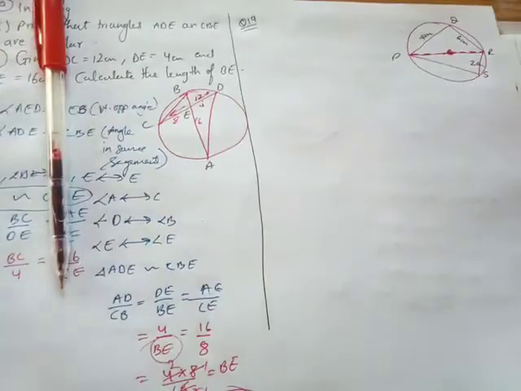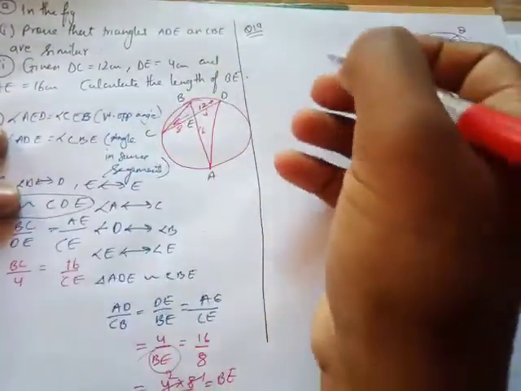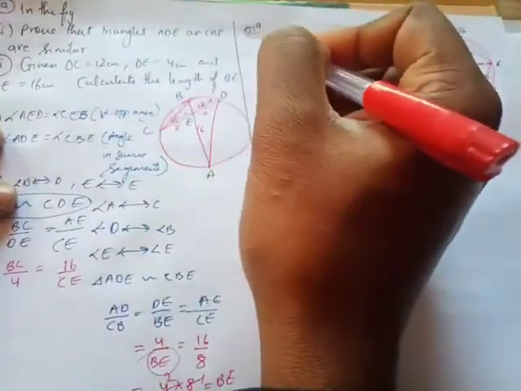Okay, let's have a look at question number 19. I haven't written the full question, but I know that we have to find the perimeter